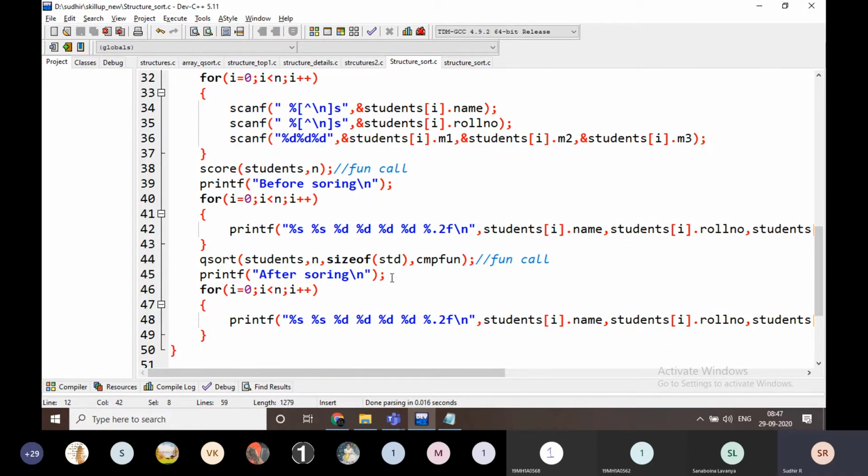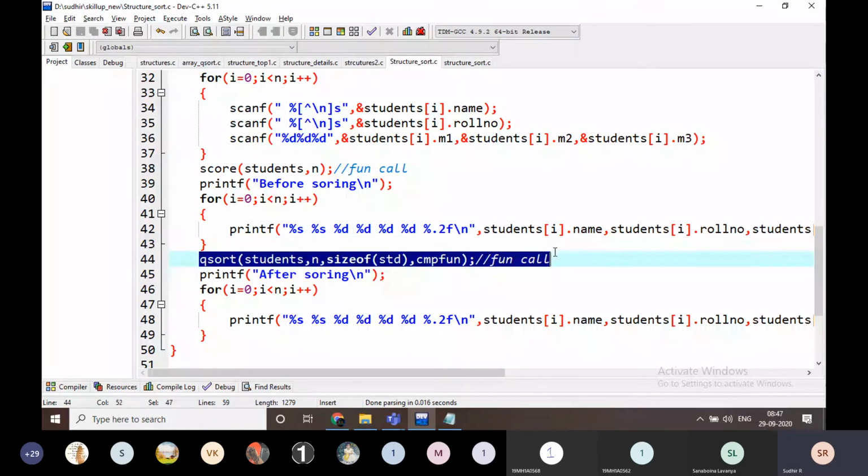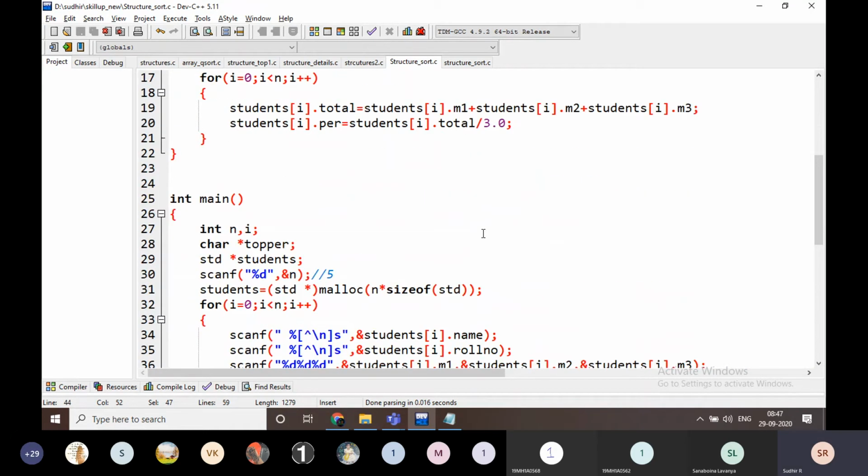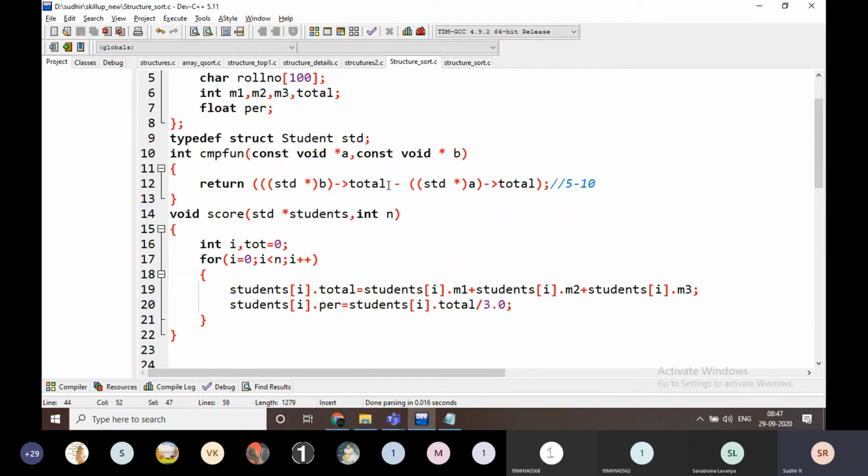Okay, very simple. There is no need to write any logic here. Just simply we are applying the qsort application. That's it, nothing else. For example, instead of total, I am going to take some name here. Also I am going to take some name. Instead of here, I am going to take some B. Here I am going to take some A here.